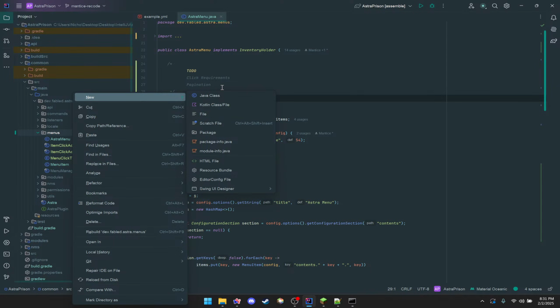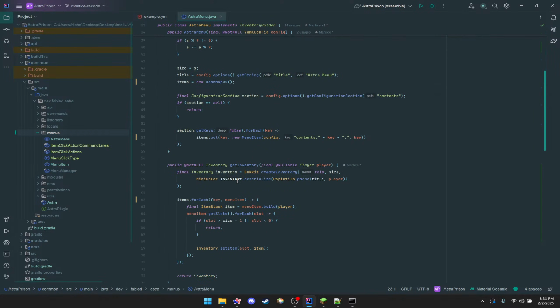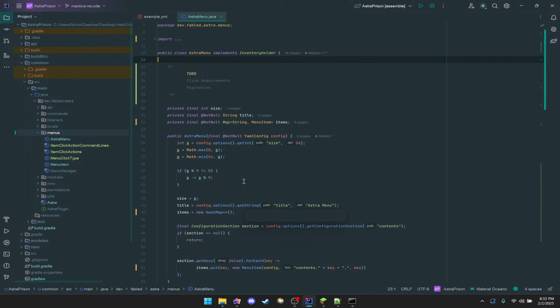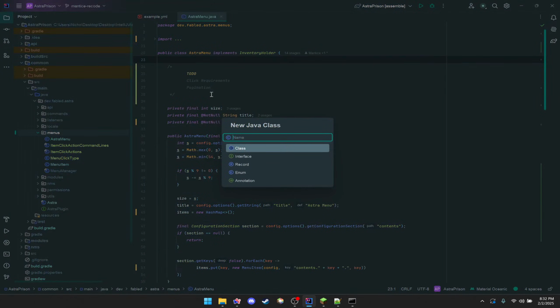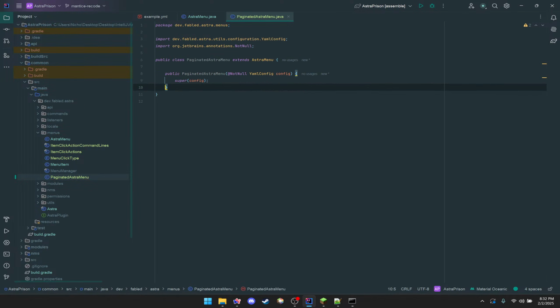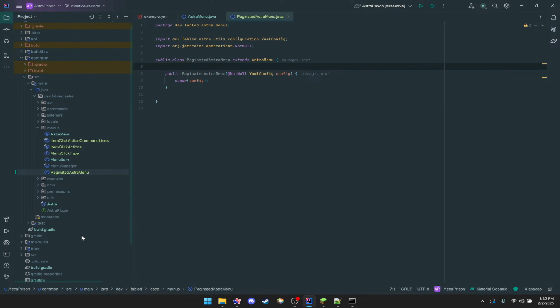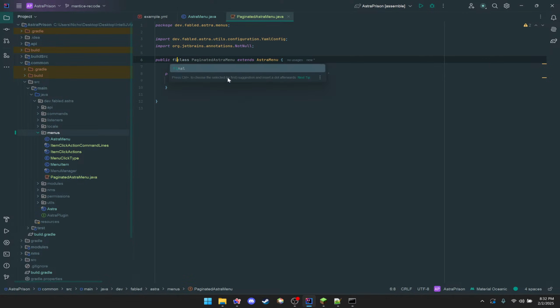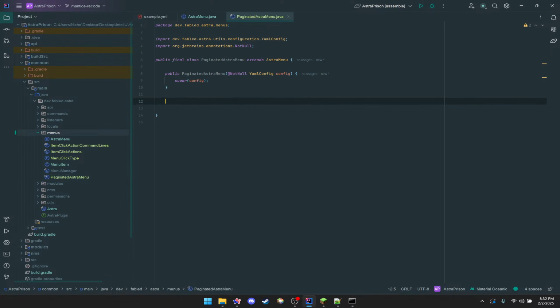So how do we want to do this? That's the question. Maybe like this. Not too sure how I want to do this. So we have it from the config, so they can set it from the config however they want with the contents. I mean, so far that's basically what it is, but